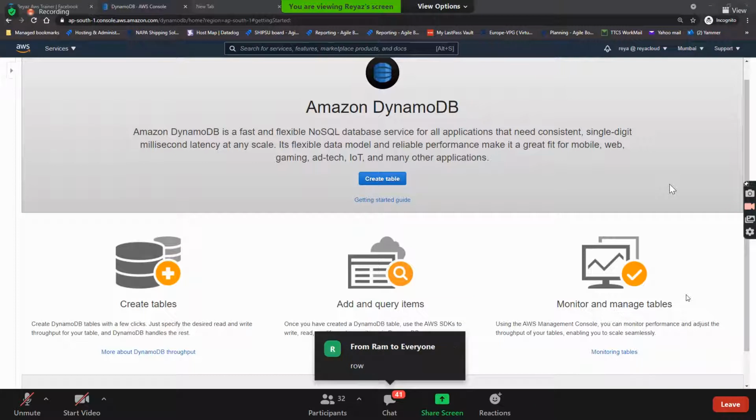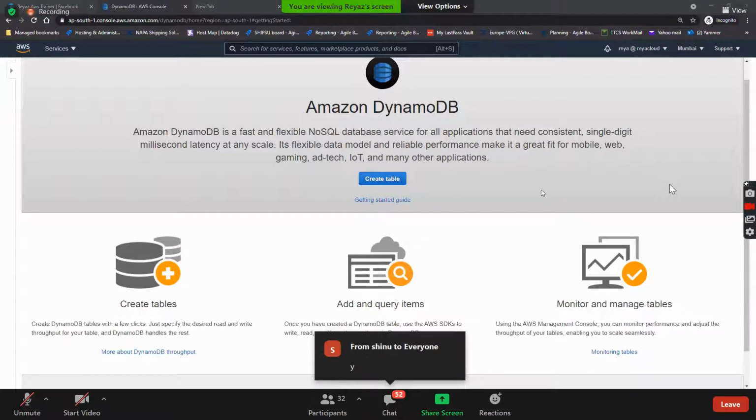Which combination should be unique? The primary key and the sort key values should be unique. In that case, you can have duplicate values. Good. And then do you remember that we discussed about indexes, LSI and GSI? And then we have discussed about consistency models, ECR, SCR, read capacity units, write capacity units.